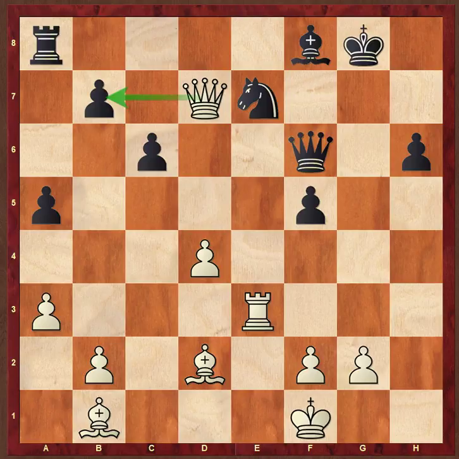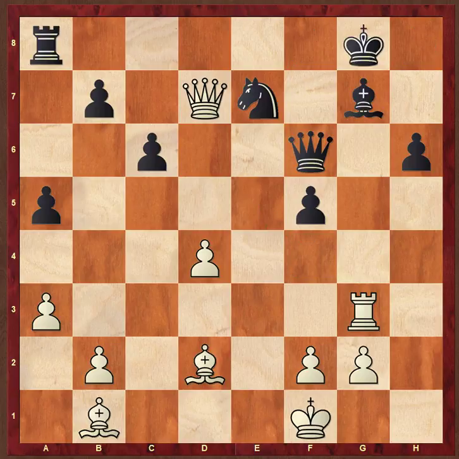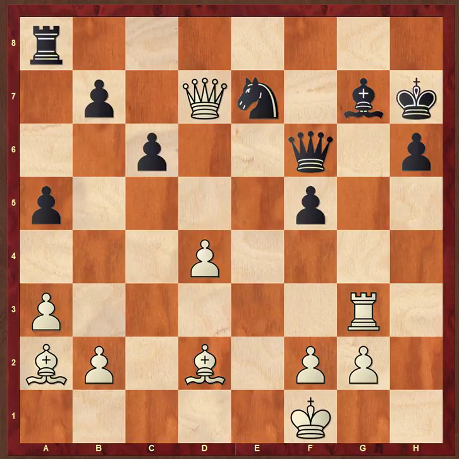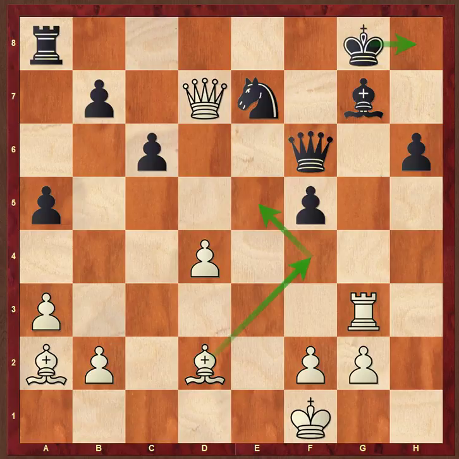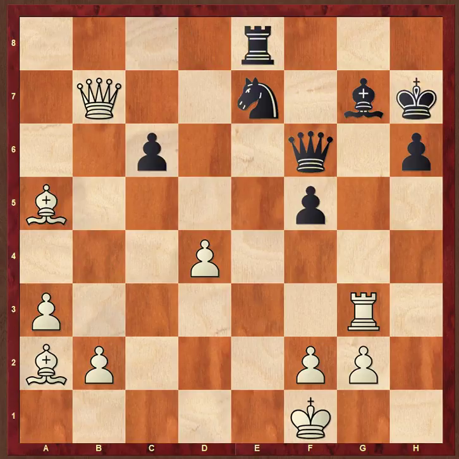Rook g3 check, bishop g7. What happens if instead of bishop g7, king h8, bishop f4 with the threat of bishop e5? So I think bishop g7 is a better move than king h8. Bishop g7, bishop a2 check, king h7. Again, if king h8, then simple bishop f4 and follow it up with bishop e5. Note that the rook is also aiming at that bishop on g7. So king h7, queen takes b7, rook d8, bishop takes a5, rook e8, queen d7,